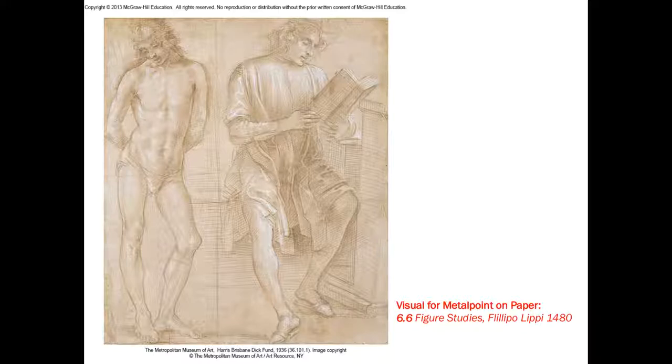The thing about metal point is that once graphite pencils and other types of pencils were created, metal point sort of went by the wayside. It's not very forgiving. It doesn't erase very well. It really connects to the paper a little too much. It binds to the paper. Okay, so you have to know what you're doing if you're going to use metal point. And this is Filippo Lippi, 1480. He's a master in the Renaissance, so he knows what he's doing. He feels comfortable with it. He also goes back in with white here, and that's probably gouache or white chalk.